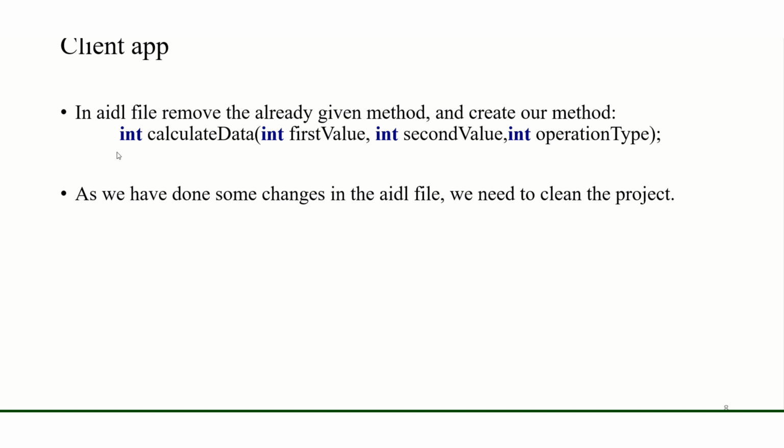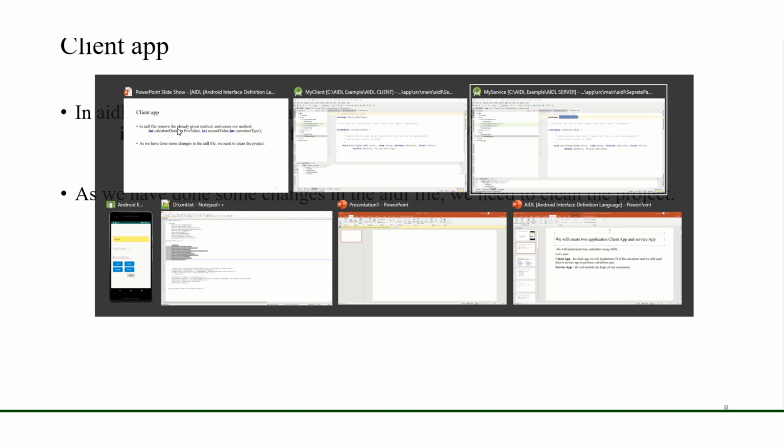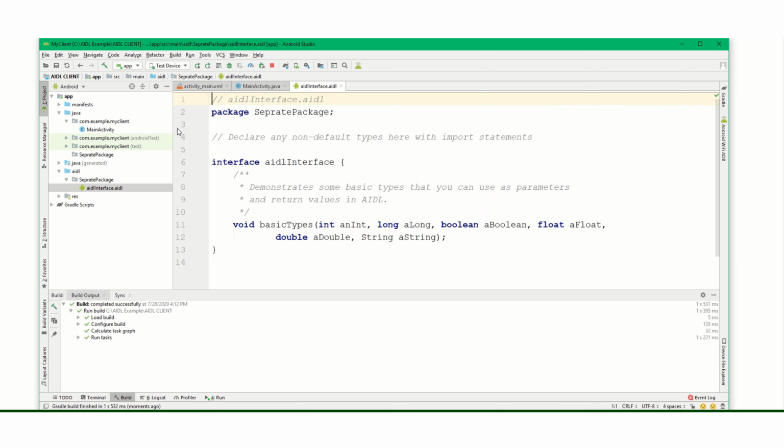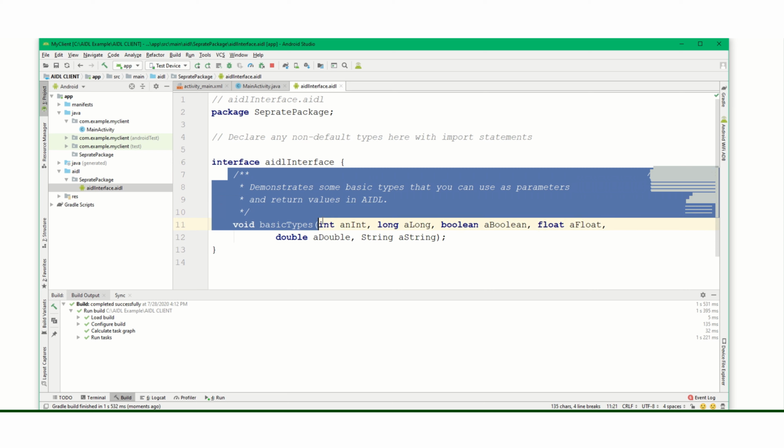Now in our client app, we will remove the already given method and create our method, calculate data, in our interface. These are the already given methods.